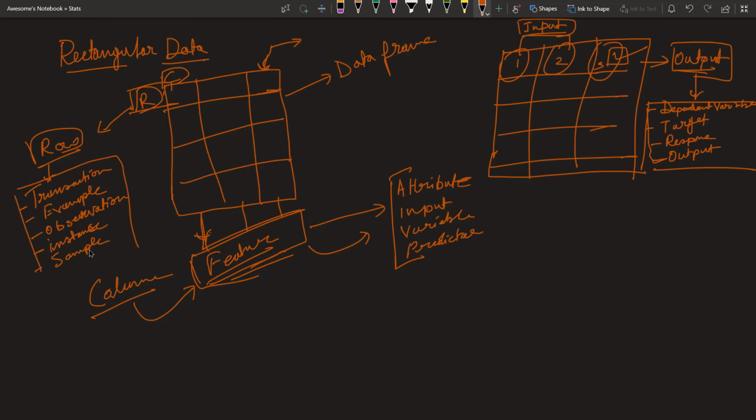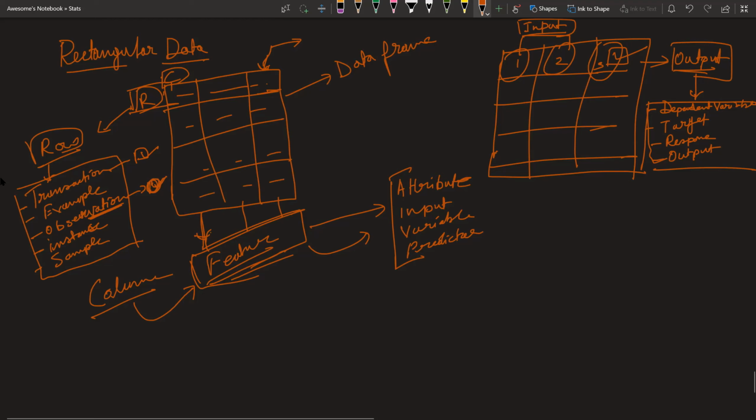Most frequently, what we call is either transaction, which I use, or else you can say observation, which is the most frequent. You will observe in writing also, they are saying observation. So when you see observation, they are referring to a row value. Keep that point in mind. I hope this part is also clear. Observation is nothing but a row pointer, row values. Fair enough. If you see example somewhere, you refer to the same. Instance, you refer to the same. Sample, you refer to the same. That's the referable point here. I hope this part is clear.